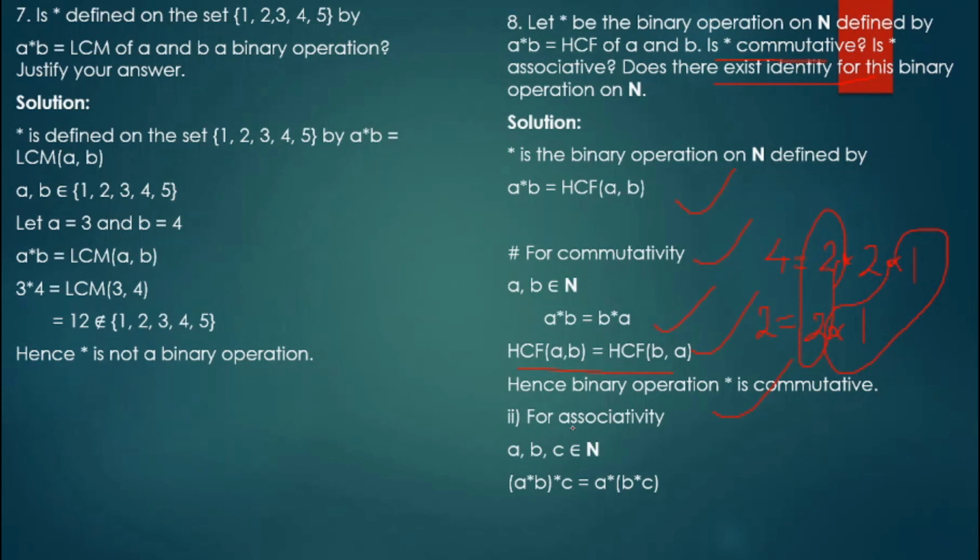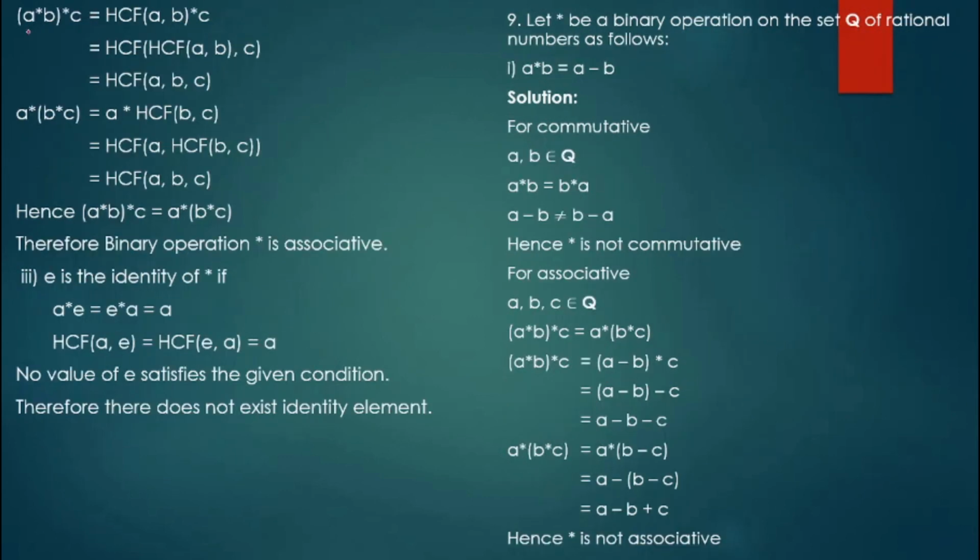So next for associativity, A, B, C belong to N. Obviously first we have to begin with the property. Okay, and our LHS we write, same as we have written for LCM, here we are writing for HCF also. And then RHS, A star, I need not tell you all what A star B is in our question. It is HCF of A, B, then remaining star, so again we apply HCF, then whole HCF, so we get HCF of A, B, C. Same way for this RHS also. See both are equal, so it is satisfying our associative property, so star is associative.